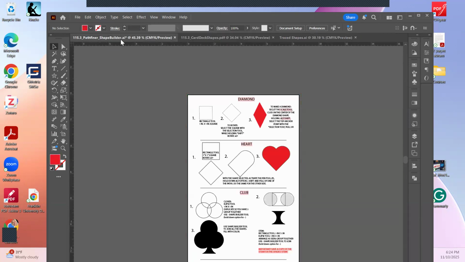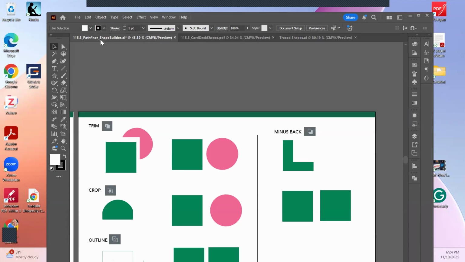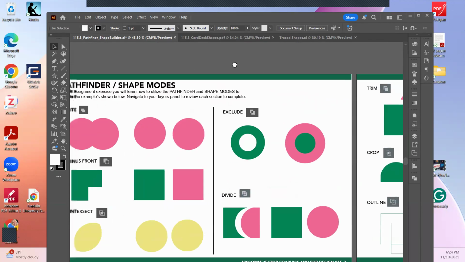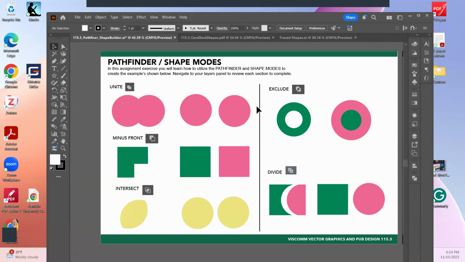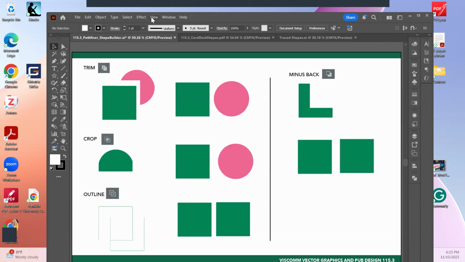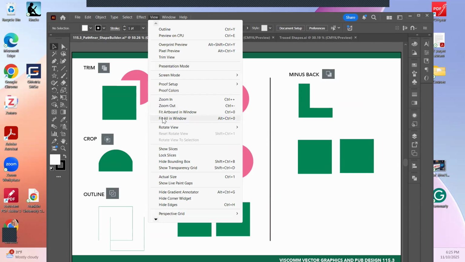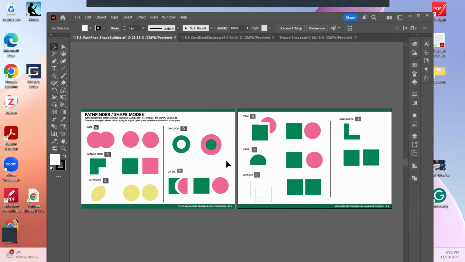Okay, so I'm going to bring up the file called Pathfinder, and I'm going to attempt to go through the Pathfinder tools in Illustrator. All right, you'll see when you bring this up, it is a rather large file. You can see all the windows by hitting Control 0 on your keyboard or Control Alt 0 to see everything all in the same window. So actually there's only